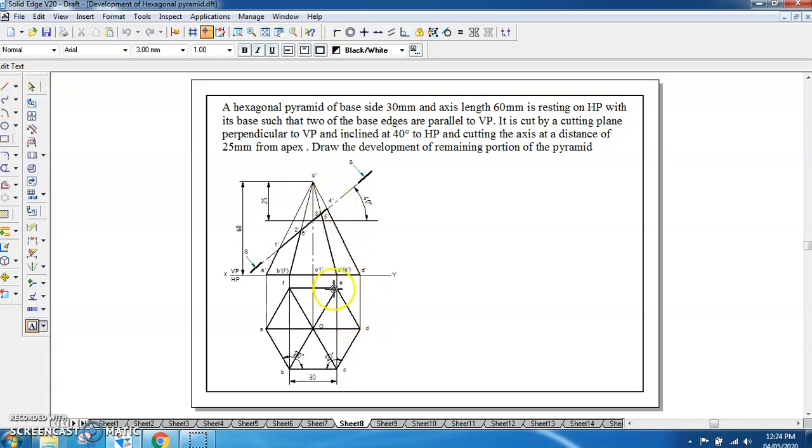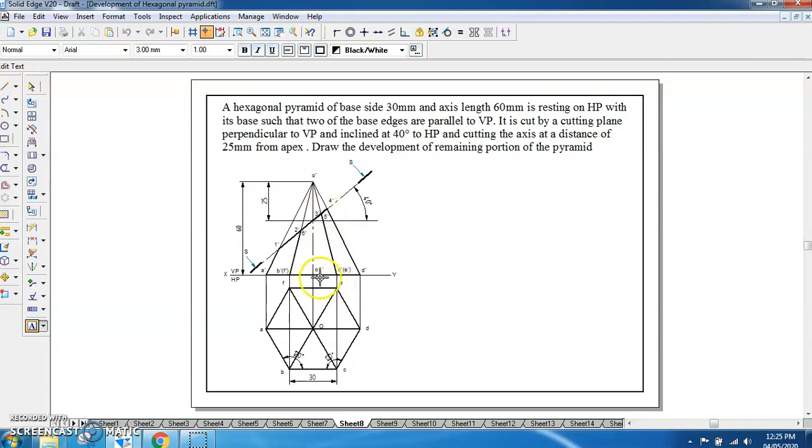Then further D to E, D to E is here, it is not cut, but E to O, E to O is here, and that is cut. So E to O is cut at this point, so again the cutting point is at the same level as that on CO, so we'll be naming it as 5 dash. So 3 dash is on CO and 5 dash is on EO. So we have the two cutting points.